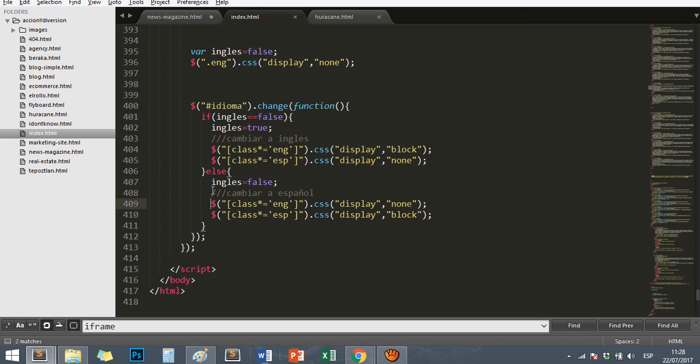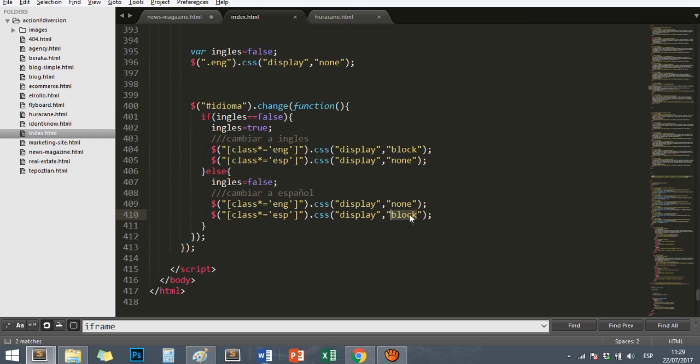And so, if the page was in English, I need to change to Spanish, and I change this variable English to false, and then I write that all the elements with the class ENG are going to be hidden by changing the CSS property display to none, and all the elements with class ESP,